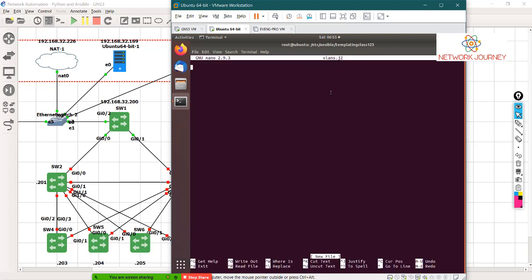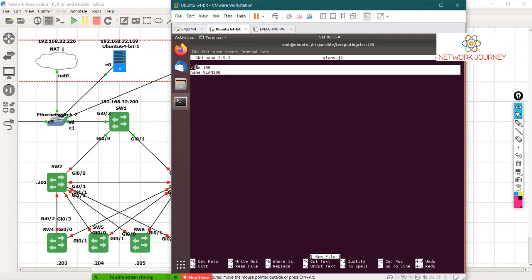Okay, and let's write a template. So what is a template for writing VLAN? There are two things. One is VLAN 100, and then we just define it. So let's say I want something like this. That would be in the case of Python, and that would be in the case of the static way. But as I told you, this is scalable.